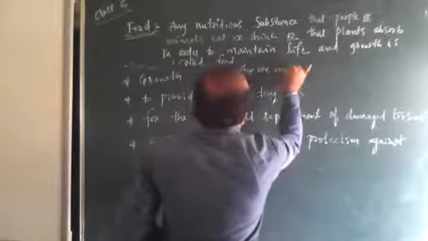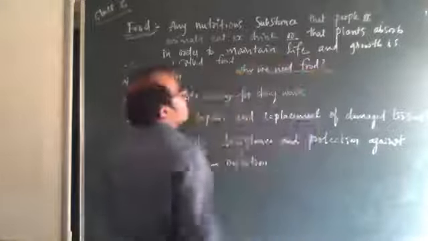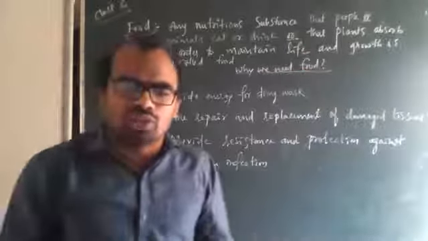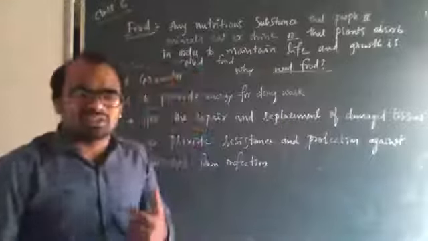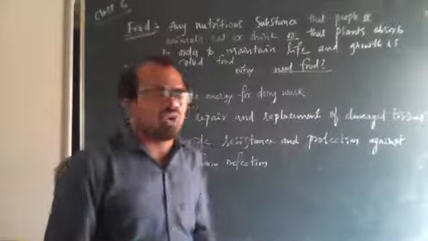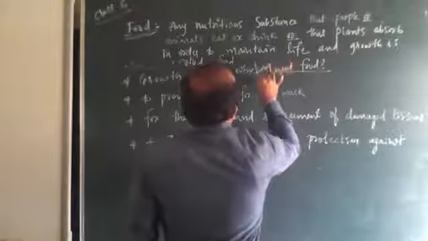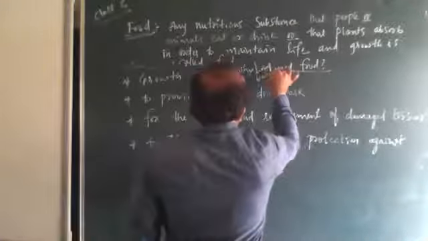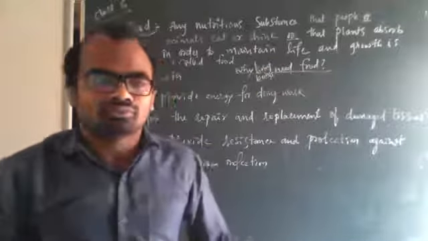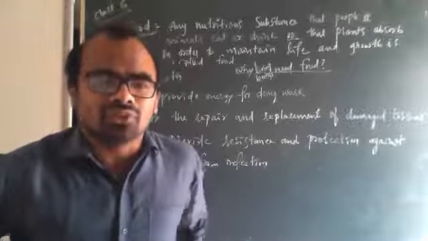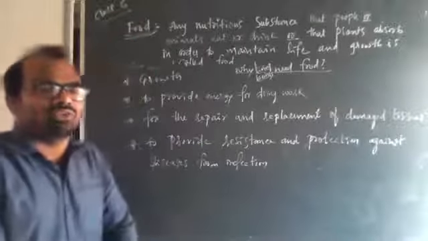Why we need, animals or plants? The need of food. Not only we, we can consider here plants also. We can consider here animals, insects. So all living beings. So let me say, why living beings need food? Why do they need the food? Why do they want the food? Why living beings need food?